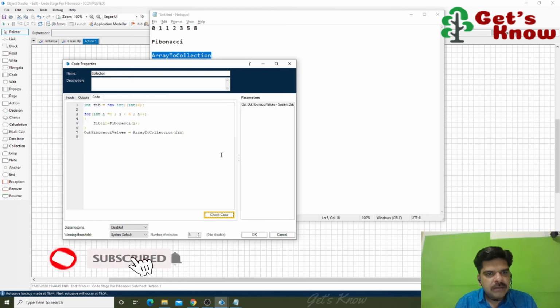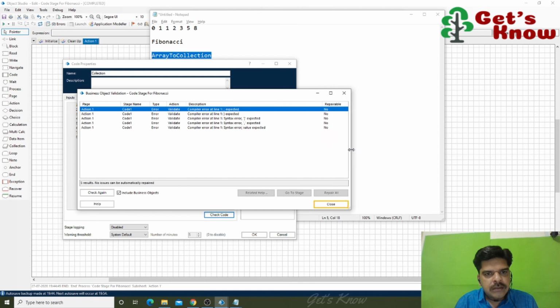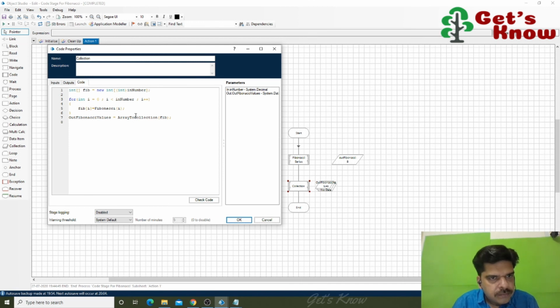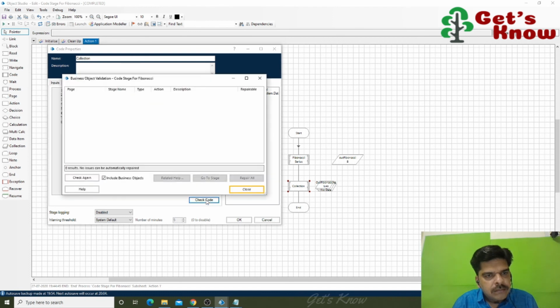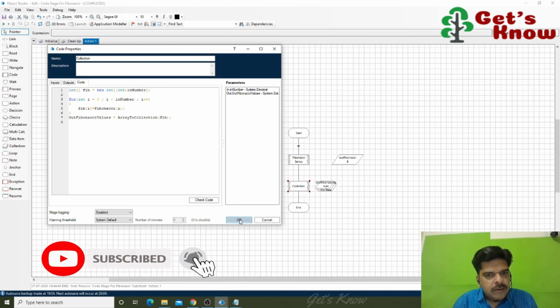Yeah, I missed. Yes. Then there are a lot of exceptions, syntax errors. This is the problem, I think. Yes. Instead of square bracket we have put a close bracket already. That is the reason I was showing that error. So now